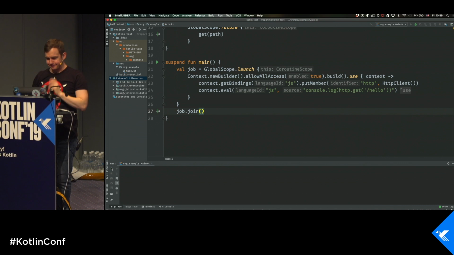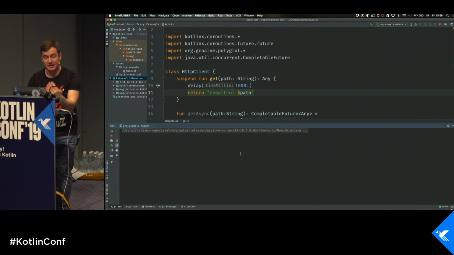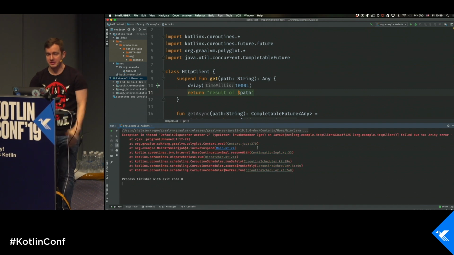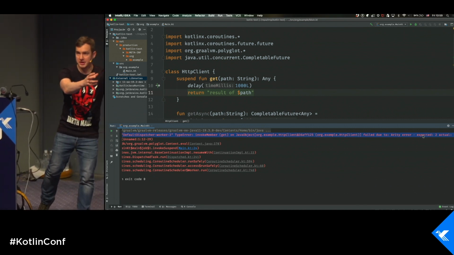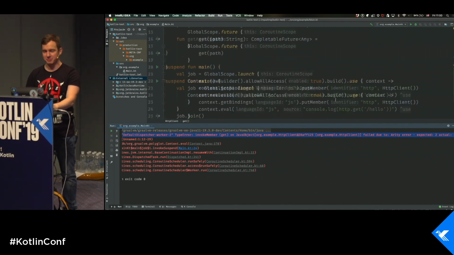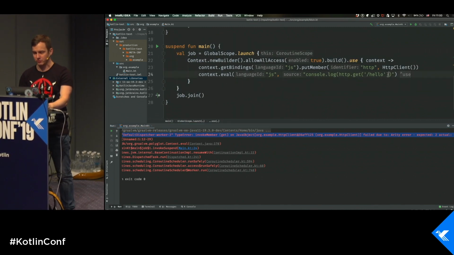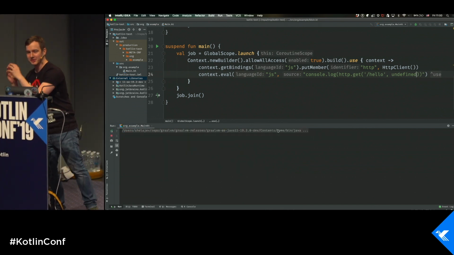Yes, of course not. Of course not, because that function is a suspend function. So on the bytecode level, as a JVM, this function has 2 arguments, because there is the coroutine context that you have to pass to make this work, right? And your JavaScript doesn't know anything about the coroutine. So what should we do? What should we pass here? What's a notorious object in JavaScript? No, there is backend. There is no window. Of course, undefined. So we're going to pass undefined from the JavaScript engine to our Kotlin coroutine function,